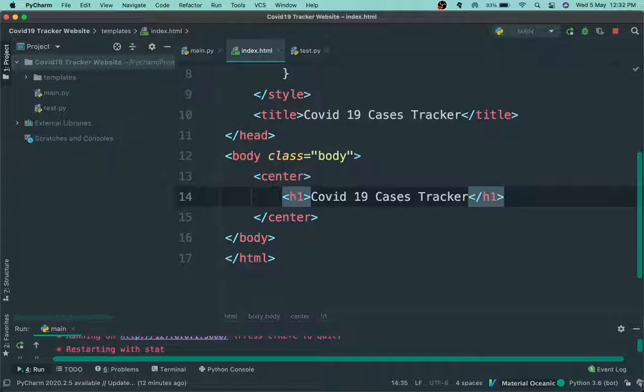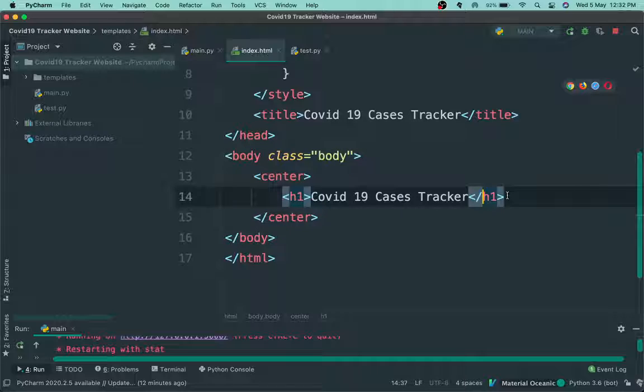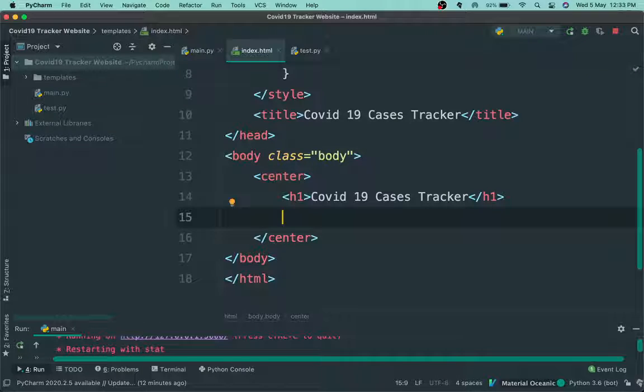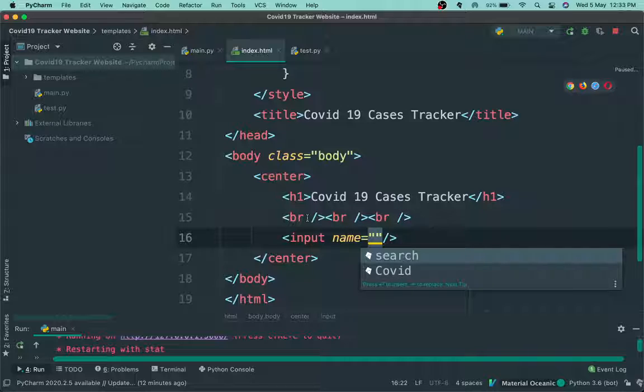So now that we have done this much, what we want to do now is have a text input field where we can input the name of a country. So first of all, I will have a few line break tags. Now I'm very bad at HTML, so you will have to excuse me for that. I'll have this basic input tag, and we have to give it something called a name. Now, what the name will do, you will see in a second. So I'll just give it as country